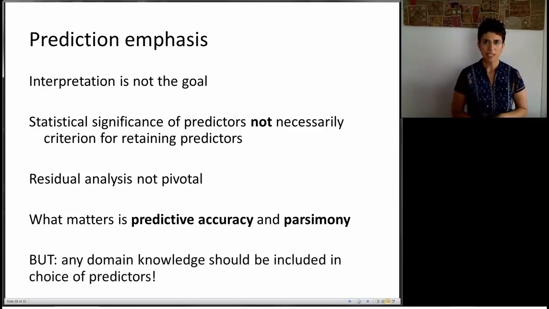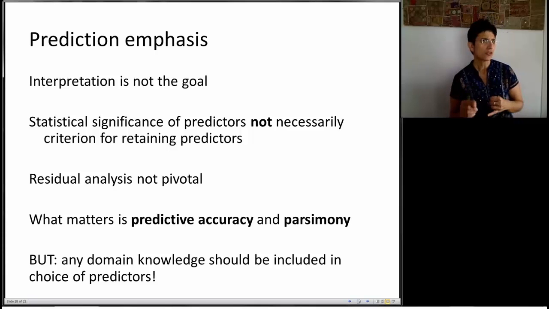Now, it might seem like we're just fishing around and trying out all kinds of things and running stepwise procedures to choose the best subsets. Well, hold on. Domain knowledge is pivotal to even using linear regression for prediction. You have to talk to the domain person to determine which inputs even make sense. It doesn't mean that you shouldn't try inputs that they didn't think about and you might have in your data,